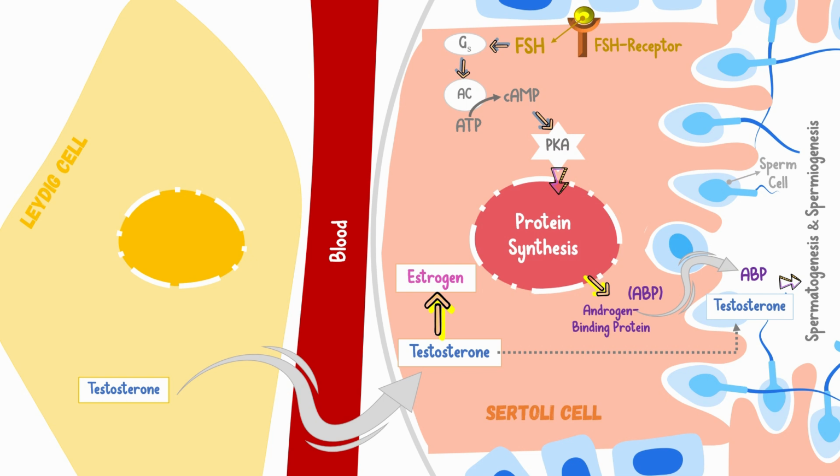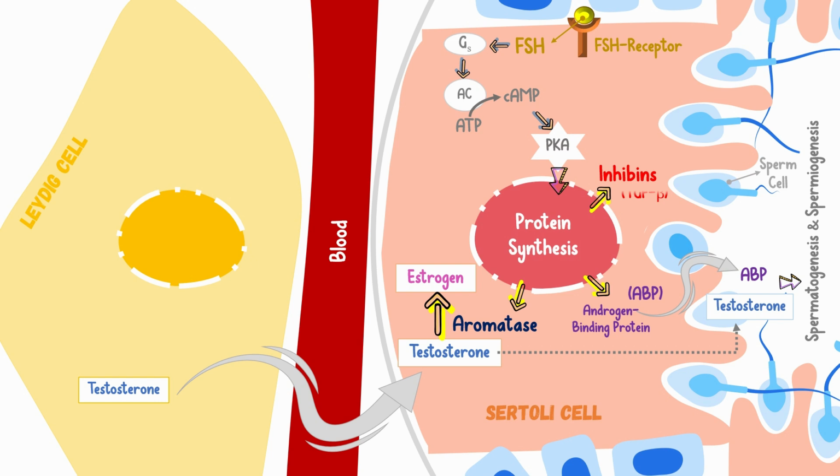Another thing that happens to this testosterone inside the Sertoli cells is that it is converted into estradiol, which is the predominant form of estrogen. Well, this conversion is brought about by an enzyme, aromatase. And interesting is that synthesis of this enzyme, P450 aromatase, is also caused by the same mechanism, initiated by the follicle-stimulating hormone. Not only this, but under the action of follicle-stimulating hormone, Sertoli cells synthesize and secrete another hormone called